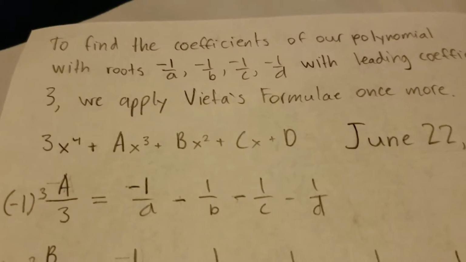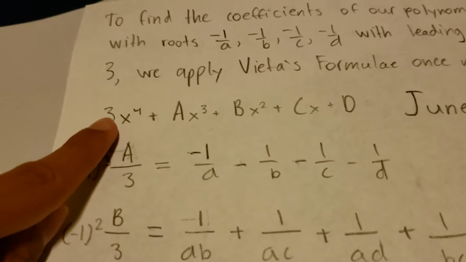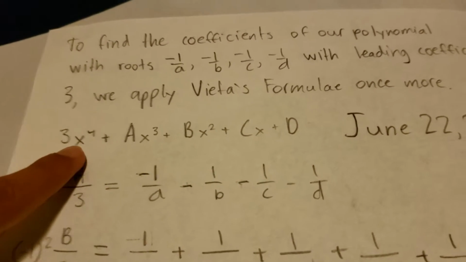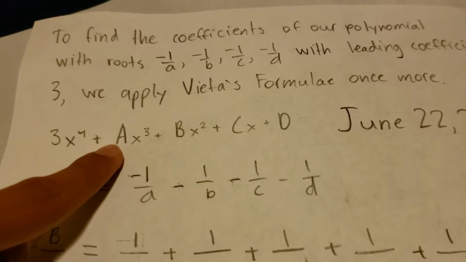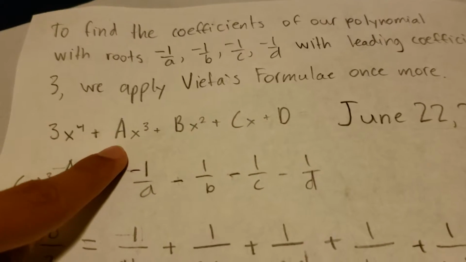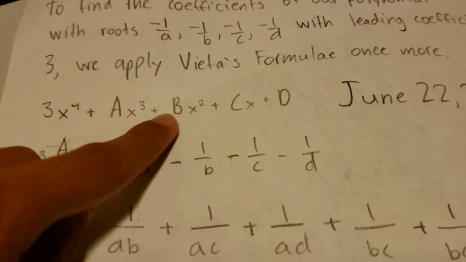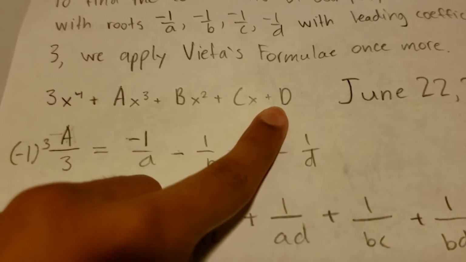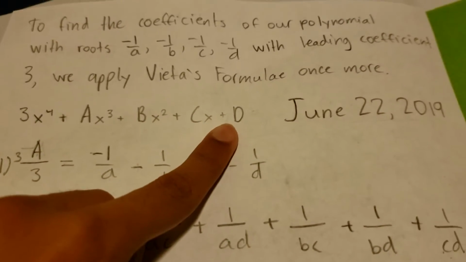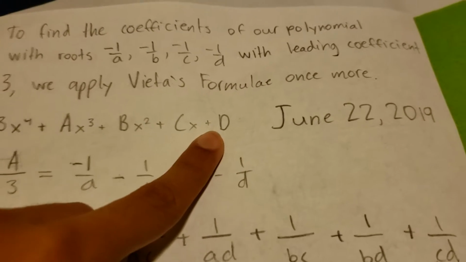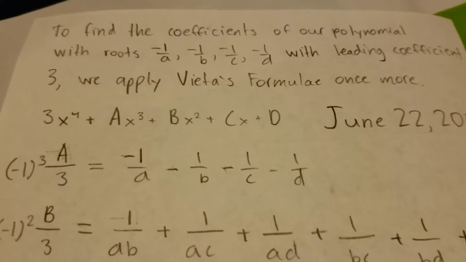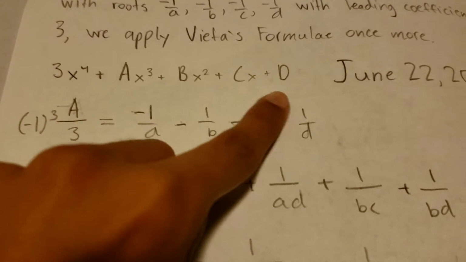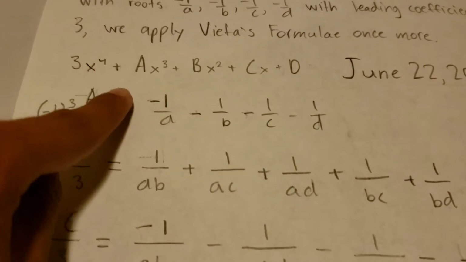So again, applying Vieta's formula, it has to have leading coefficient 3, because that's what it gave us in the problem. And we're labeling the coefficient for x cubed as capital A, for x squared, capital B, for x just capital C, and for the constant term, capital D. All right, so let's apply Vieta's formula to find A, B, C, and D, the capital letters, in terms of